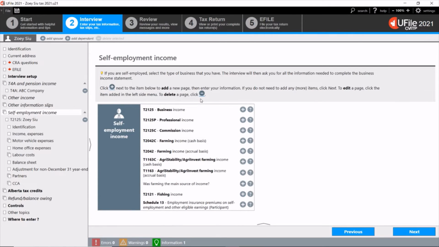For this example, I'm going to choose T2125 Business Income. If you earned professional income, you can choose the T2125P Professional Income.